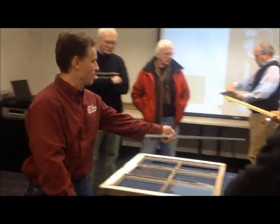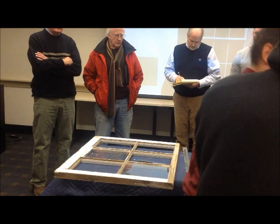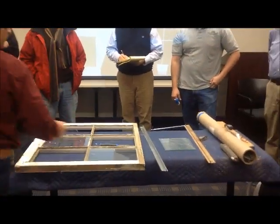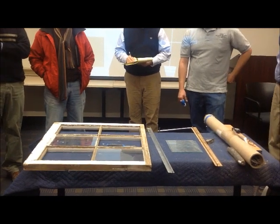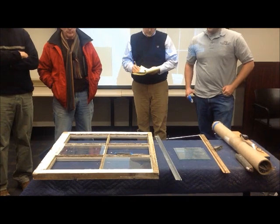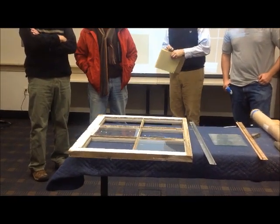This is a bottom. Sorry. This is a side. That little lip, I'll show you. This has already been set up to put back in. We were going to route it. Actually, I want to show you maybe a little bit of that. It makes too much of a mess. But what you do is this,